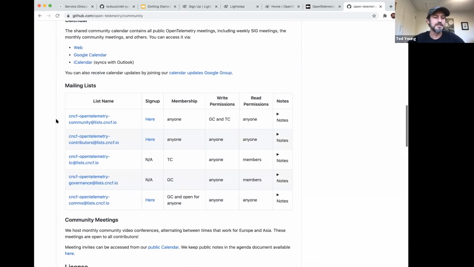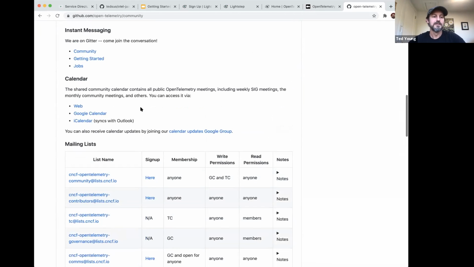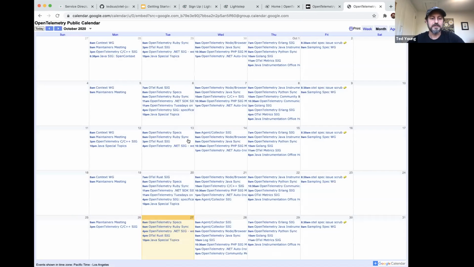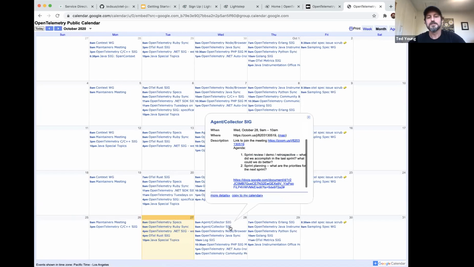We do have some mailing lists that we almost never use. Everyone pretty much hangs out on Gitter. But we do have a calendar because we have lots and lots of meetings. You'll notice there's meetings almost every day of the week. We just got done with the OpenTelemetry specification meeting. The agent and collector meeting is tomorrow. So if you do want to actually get directly involved in the project, or if you have questions, jumping onto Gitter is a great way to get answers really quickly.